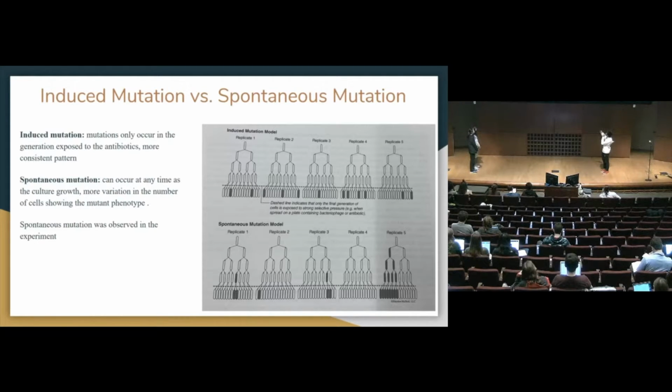In this model, since mutation is random, it arises in almost an equal number of cells in each culture after applying the antibiotics. But in the second model, which is spontaneous mutation, it's hypothesized that mutations arise randomly without any need of specific environmental conditions. So if one cell mutated early in its lineage,